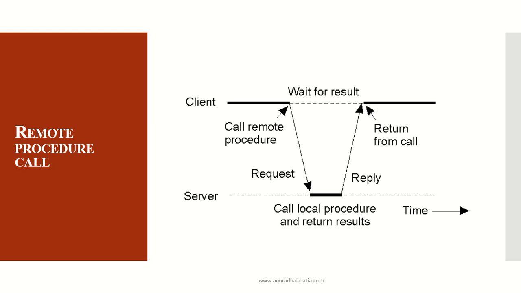Now this is a diagrammatic representation of how the messages are passed. There is a client side calling the remote procedure, and it waits for the result after the mapping of values, when my server returns the value. The request is passed on to the server. Here the stubs come into the picture, where they execute, and the call is like a local procedure call and returns the result. The reply is sent to the calling function, and the actual answer comes from the procedure of the server, and this happens on a time scale.